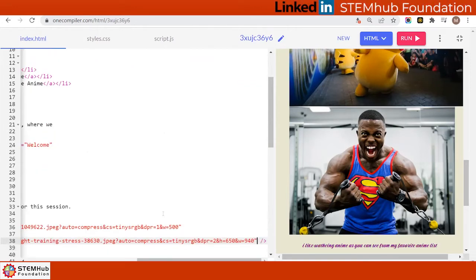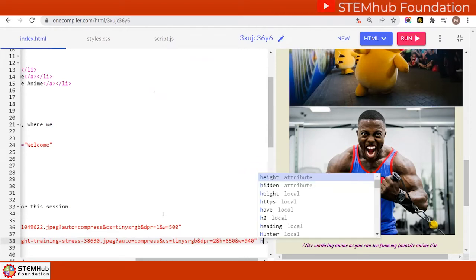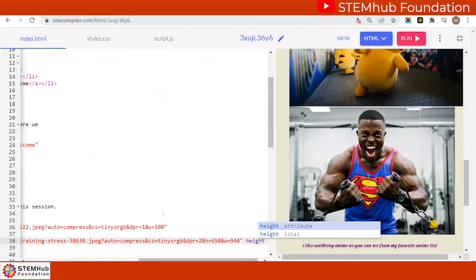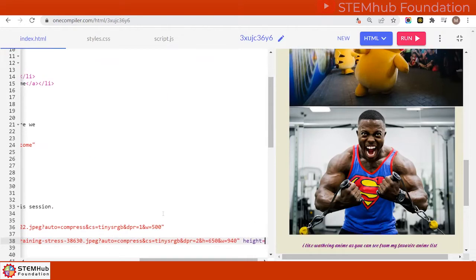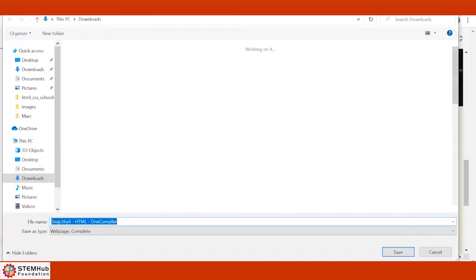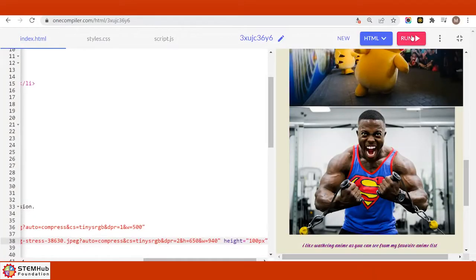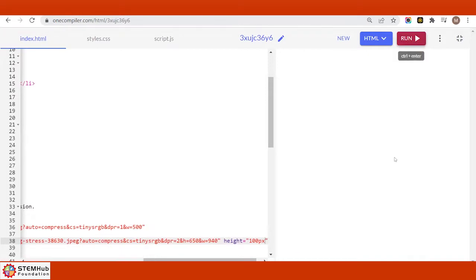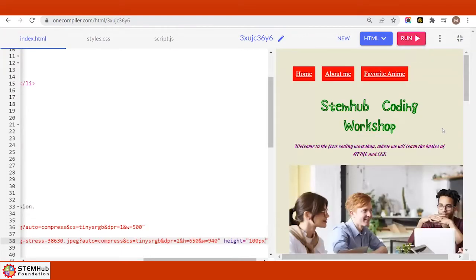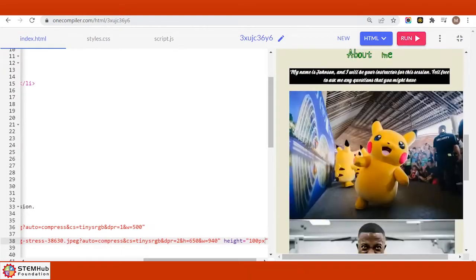And right before I close the tag, I'm going to add height, okay? And I'm going to go height equals, and I'm going to say something simple like 100 pixels. And I'm going to go run. Oops. I'm going to go run. And then we can change the size of the image. So this image should be a lot smaller.